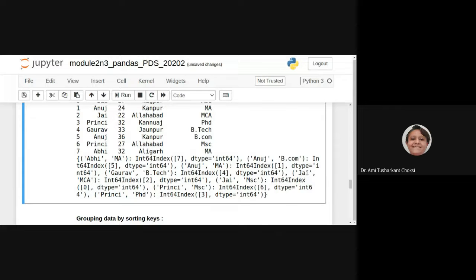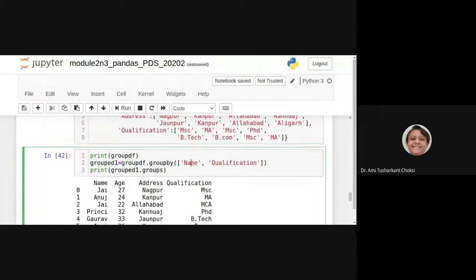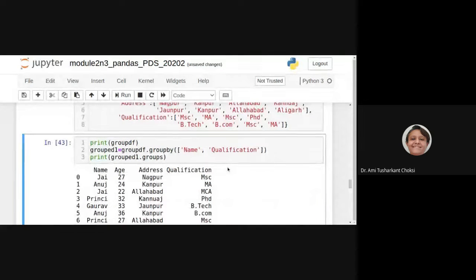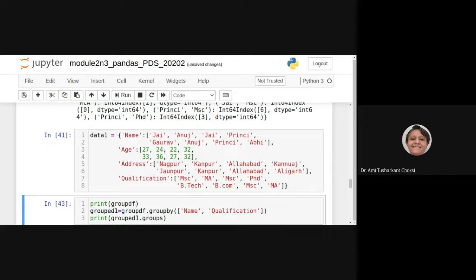It gives us Jai MCA. Jai is having MCA, and Jai is having MSc. So this is not showing the effect. Just a second.